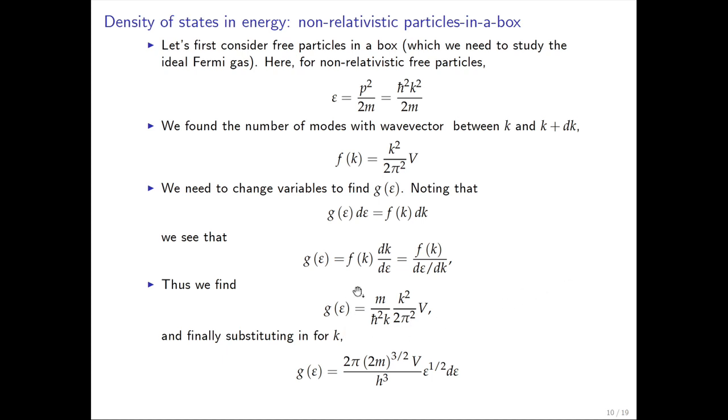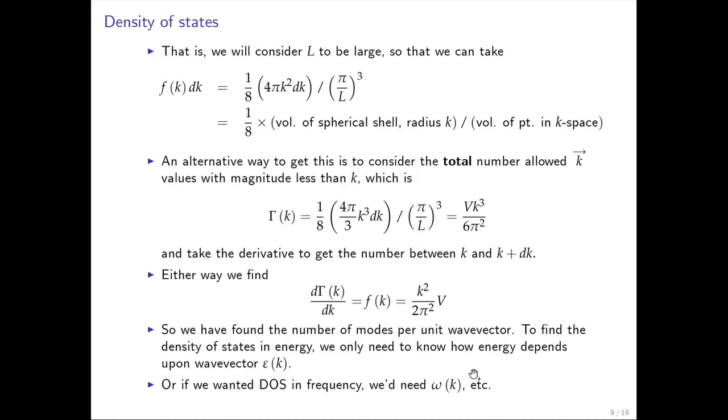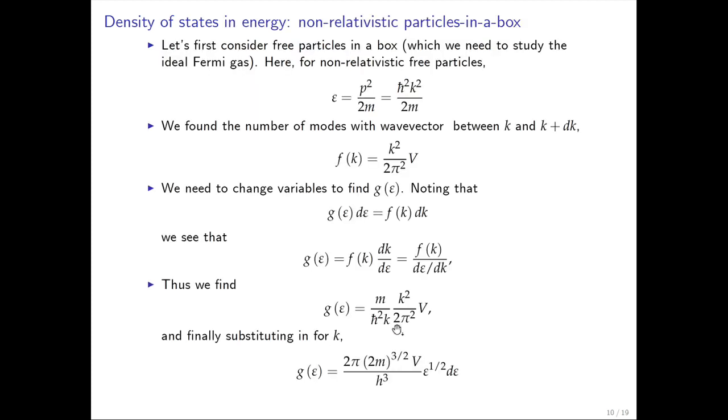And so to do that, here's our density of states. Let's see, k squared over 2 pi squared times the volume. That's our density of states in k space. And then this is the derivative. And then, of course, we want to get this in terms of epsilon, so we just solve for k in terms of epsilon and plug that back in, and lo and behold, we get this formula